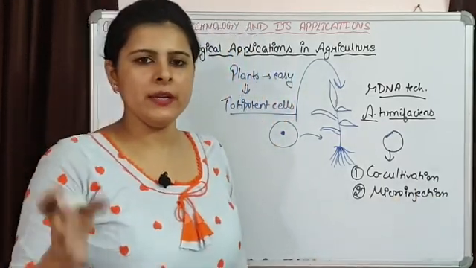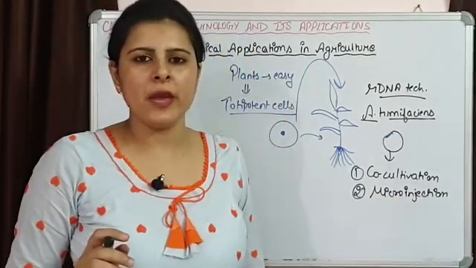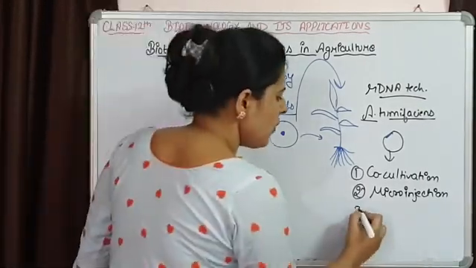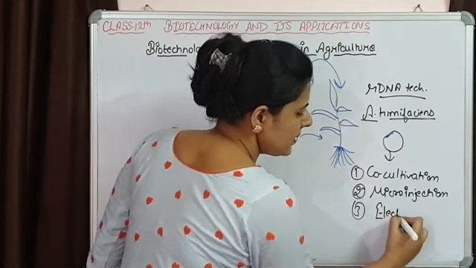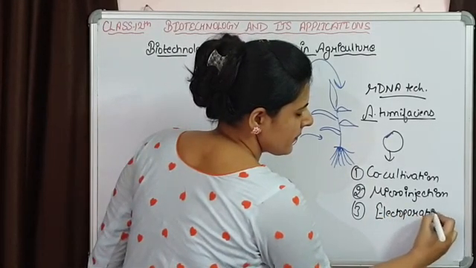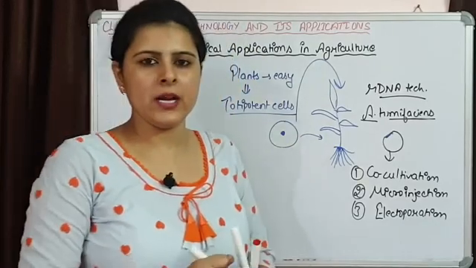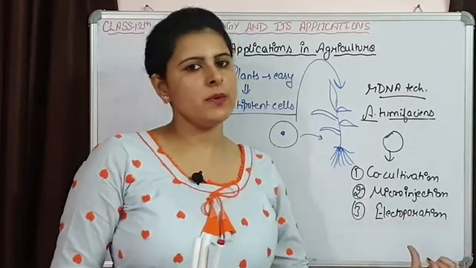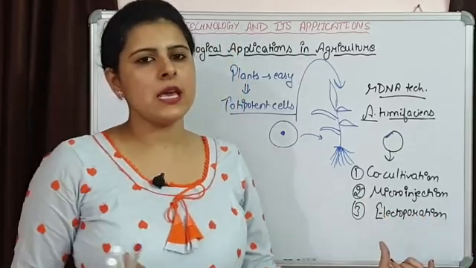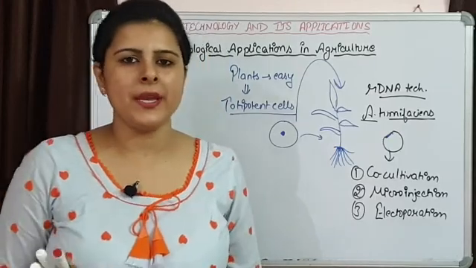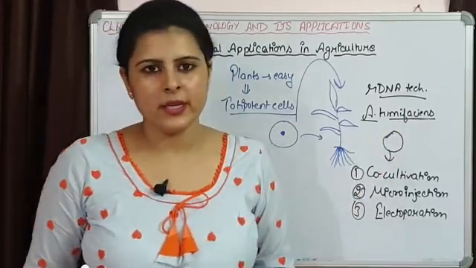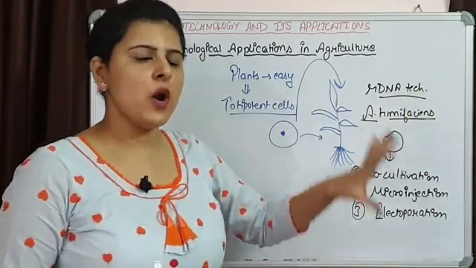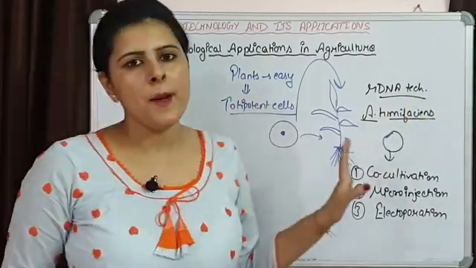in which the recombinant DNA, with the help of a micro syringe or micropipette, is directly introduced inside the nucleus of the cell, or electroporation can be done, in which we are providing an electric potential, because of which the porosity of the plasma membrane is going to change, and the plant cells are going to take up the recombinant DNA. So this is what we have already done in the last chapter. This is how a foreign gene can be introduced into a plant cell.